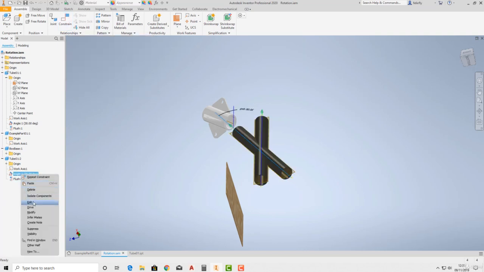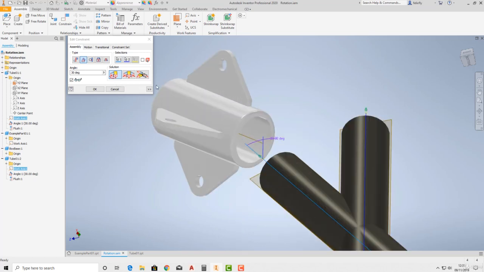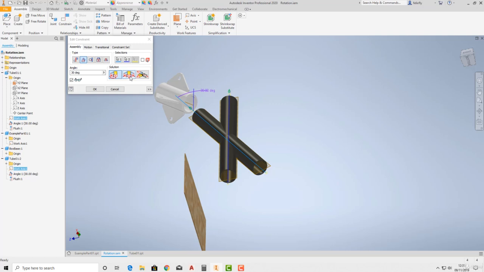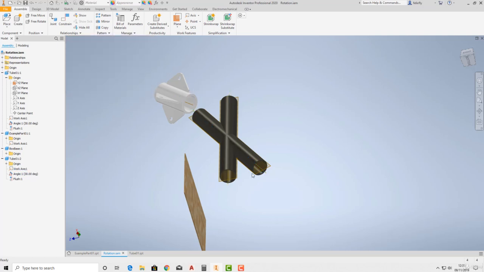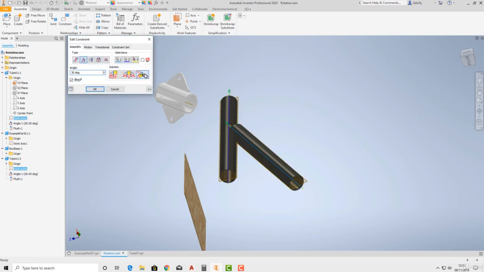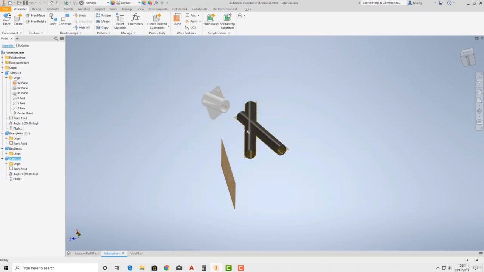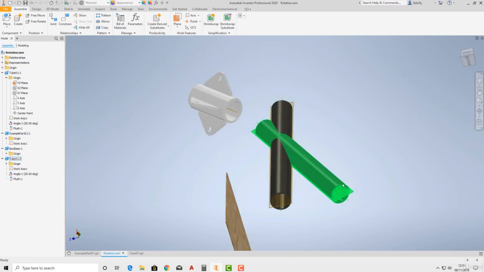let's edit that again. When you do an angle constraint, you have different solutions, basically the directions. The one we've used here is we've put an angle between the two axes. You might want to use that. Okay, so that's angle constraint. Okay,